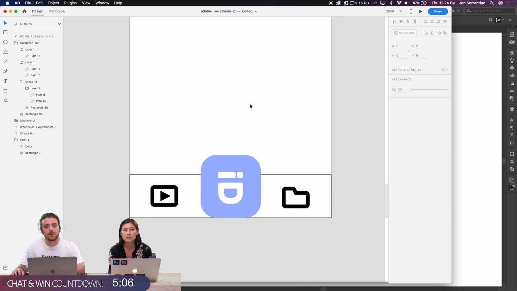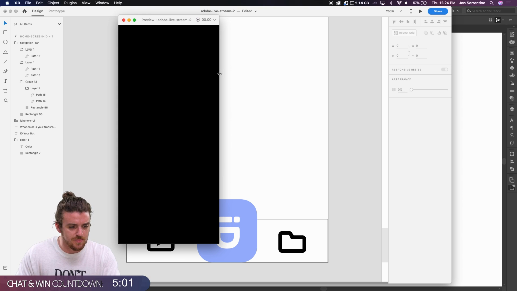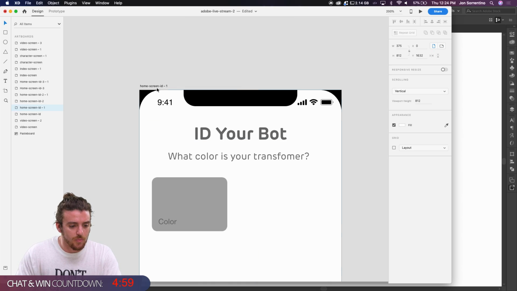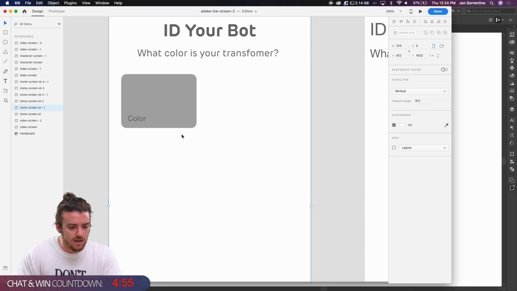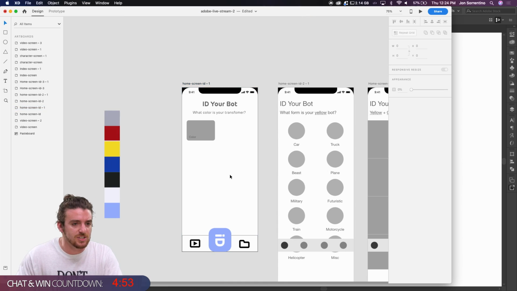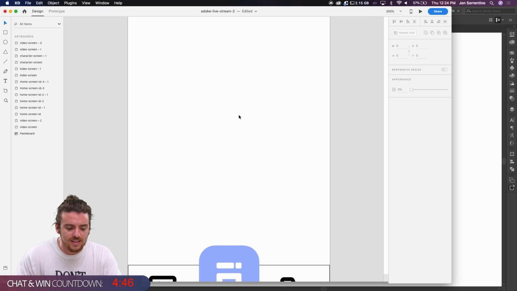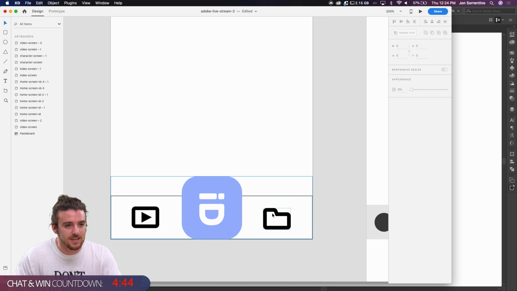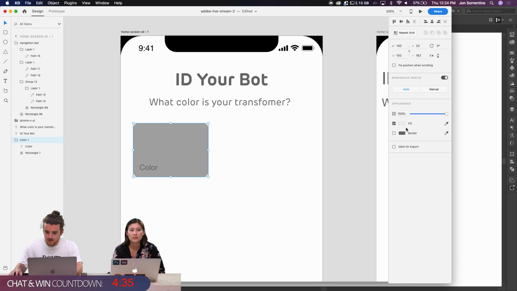I would definitely say right now our nav bar is probably pretty big. This is something that'll change over time, but for right now, just to get a sense of how everything is going to follow the other elements, I think that's okay. It'll probably change. I usually like to keep icons and stuff like that around 25, 30 pixels, and then space things out accordingly from there. So let's just make this a primary color.